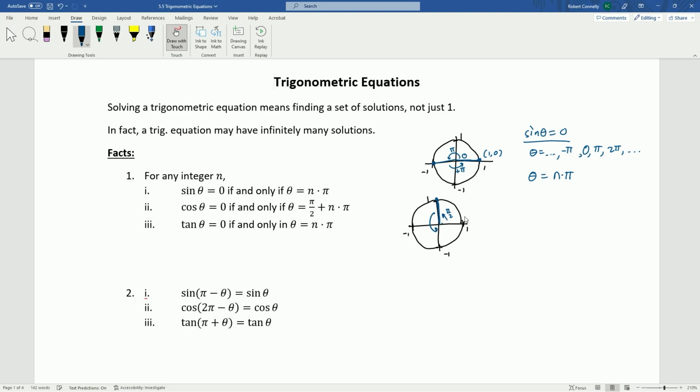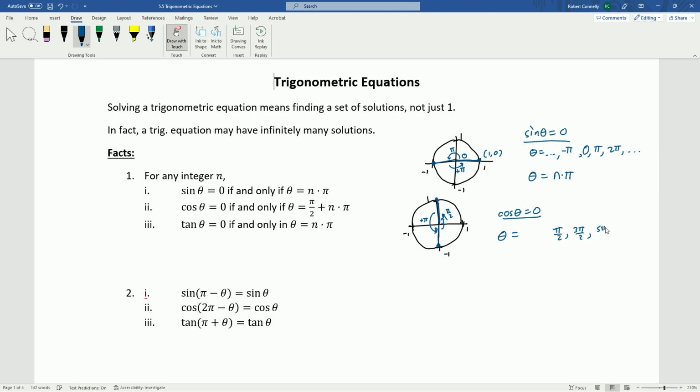And the next one is down here at 3 pi over 2. But of course, what do we see here? If you go from pi over 2 to 3 pi over 2, you're really adding pi. And we could add pi again